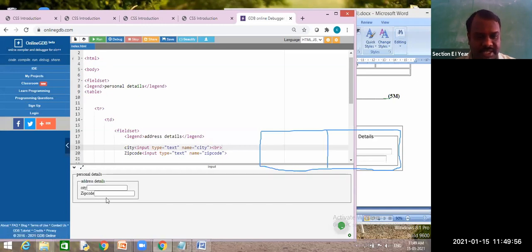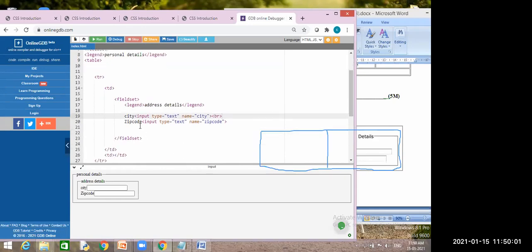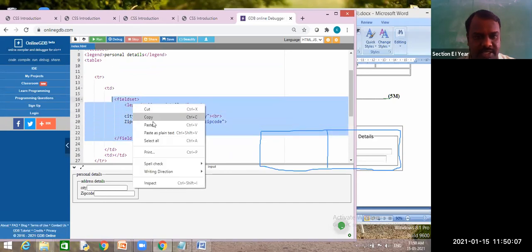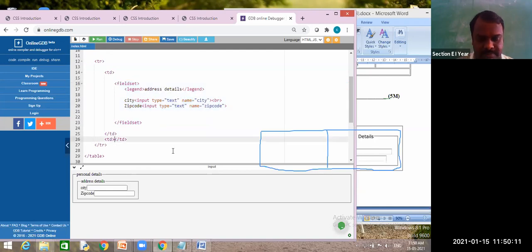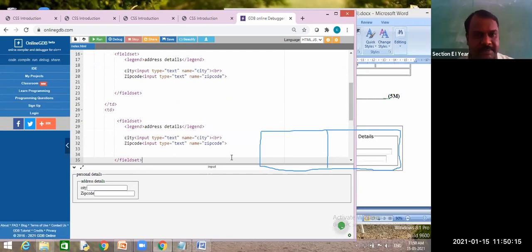So is the left side clear or not? Yes, sir. Similarly, the right side you need to write the same thing. Just copy this fieldset and paste it in between these two. One more fieldset will print.